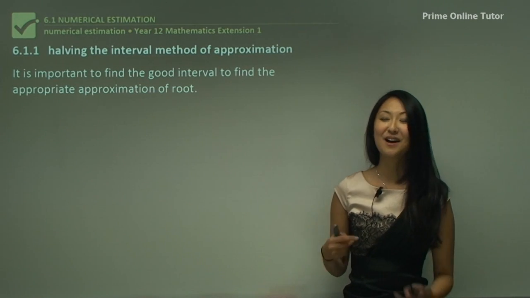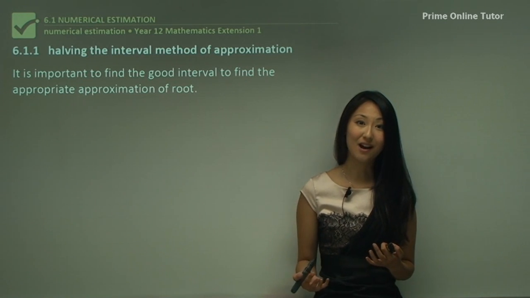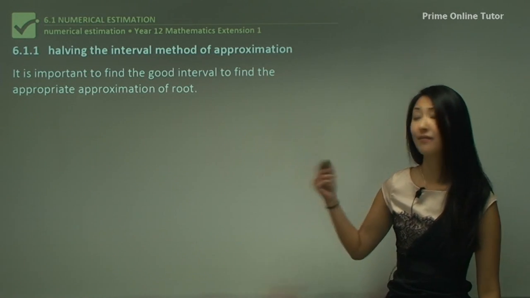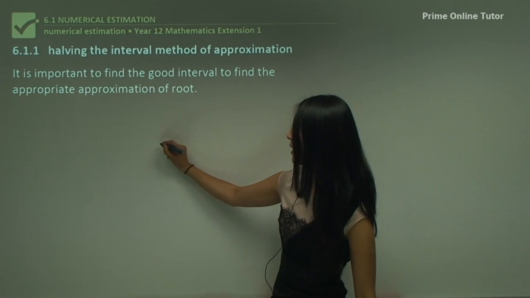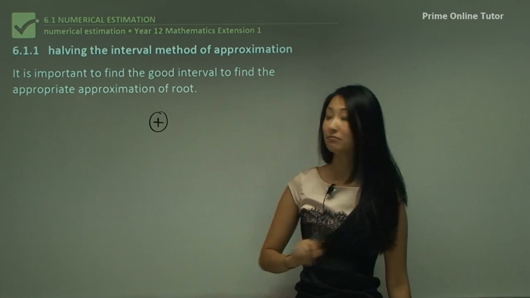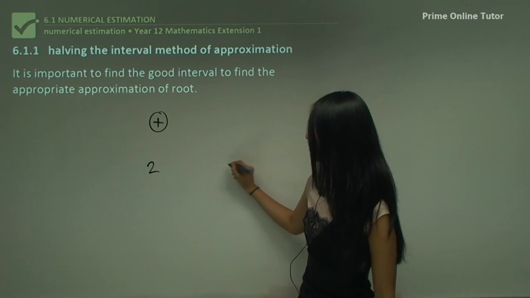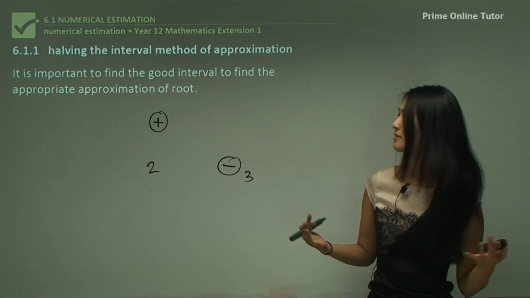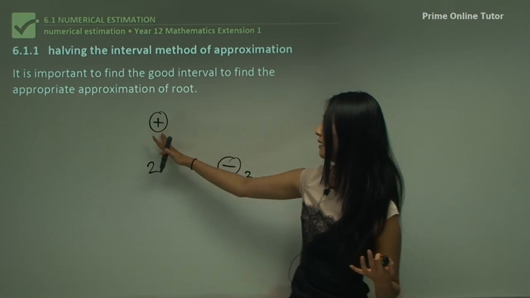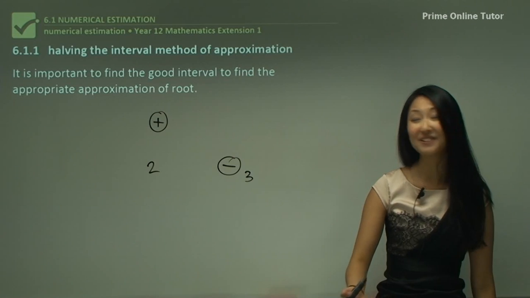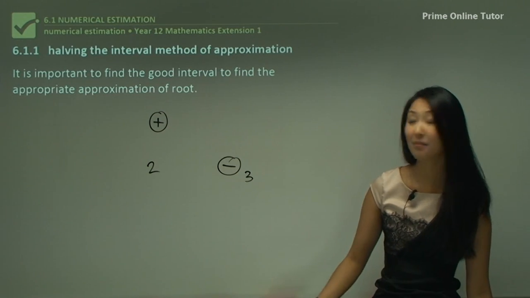And that's because some of the questions they'll ask you is they'll say, well, someone has used this halving the interval method and they've worked out that at 2, it's positive, yeah? And then at 3, it's negative. Now, why is there no root between a positive and a negative? And this is when you use all the knowledge that I just taught you and say, well, maybe it's a